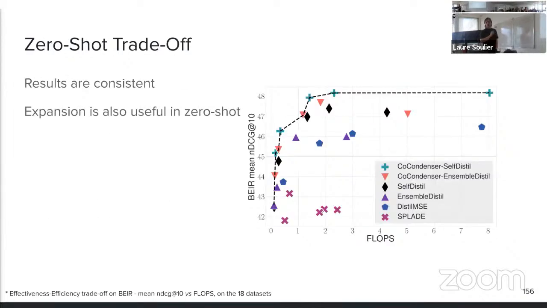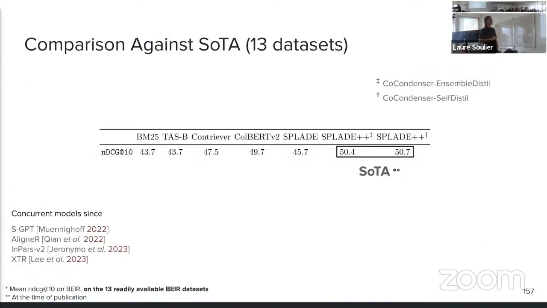And so if we plot the same trade-off as earlier, but here with the average performance on the BEIR datasets, we see that more or less the results from in-domain, so the training improvements, apply to the out-of-domain setting. But more importantly, what happens when we compare to other approaches?